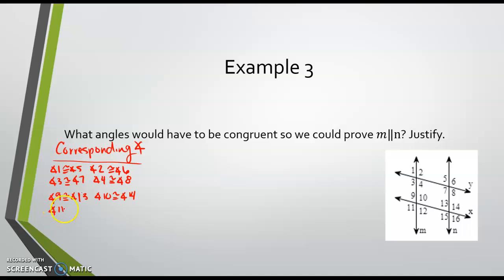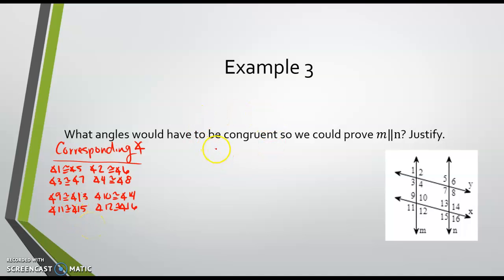Angle 11 congruent to angle 15, or angle 12 congruent to angle 16. Any of those 8 angle pairings, if any of them were congruent, then I could prove that M was parallel